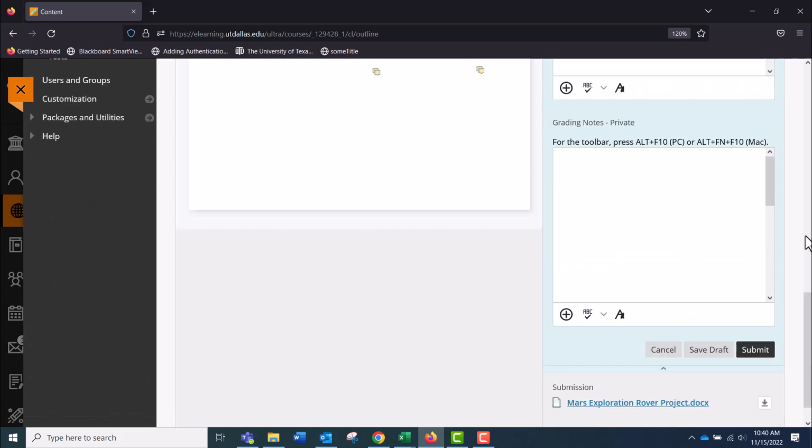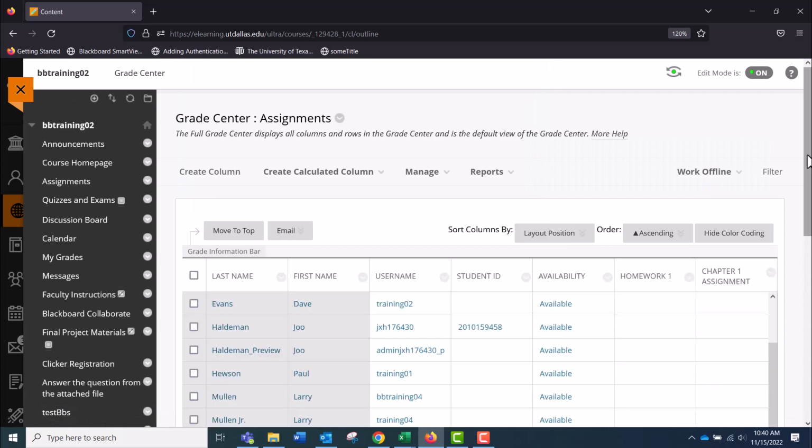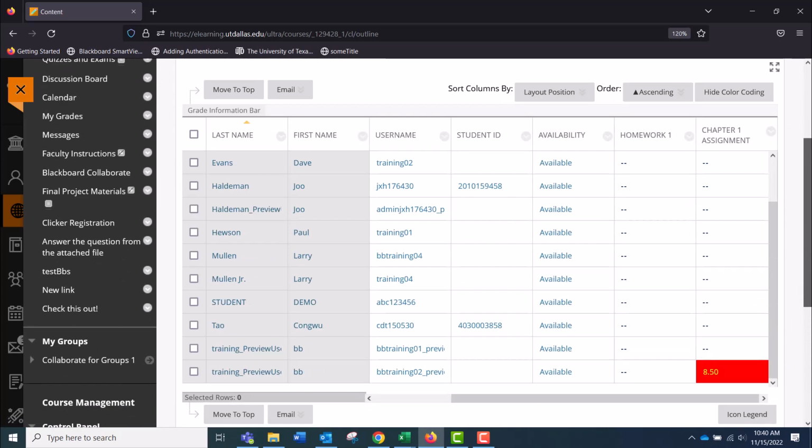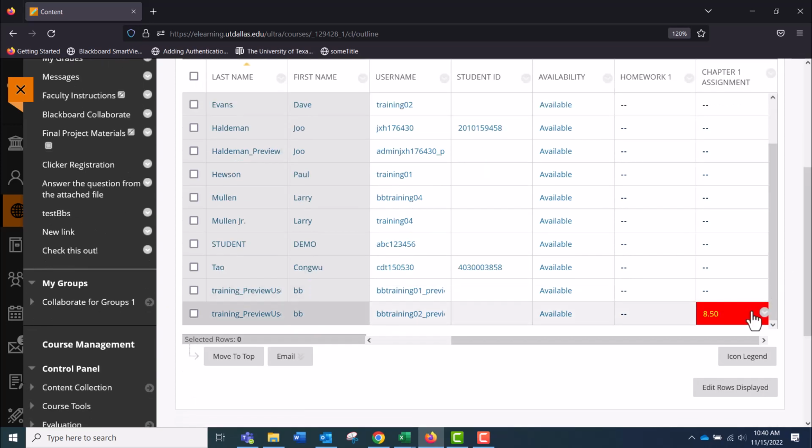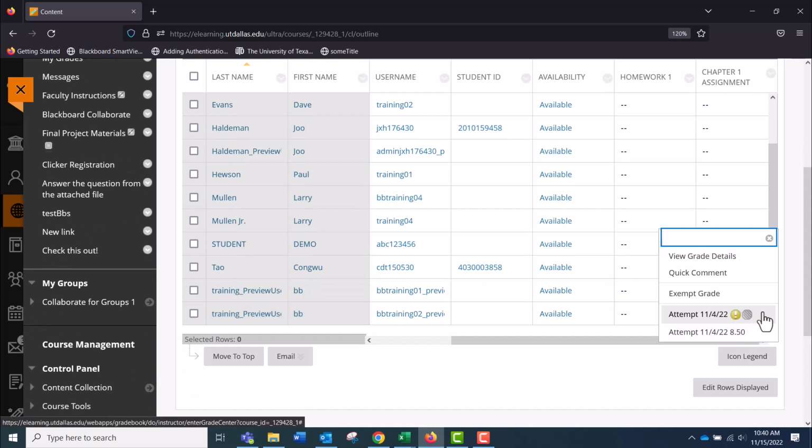Once you have made all your changes, you can click Submit, and the grade appears in the Grade Center. You'll notice that the grade is still editable, which means that you can still click and change the grade, but any changes you make at this point will be recorded in the grade history. If I click on the drop-down, I can see which attempt was graded.